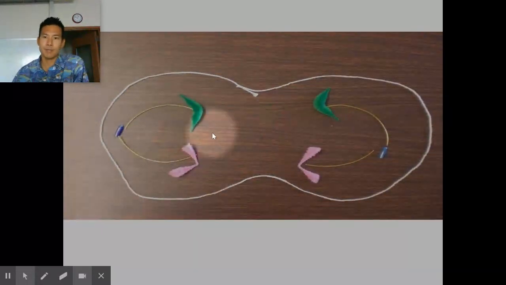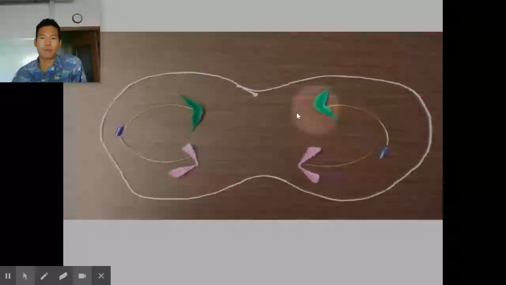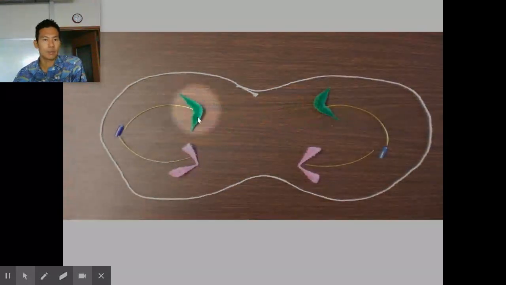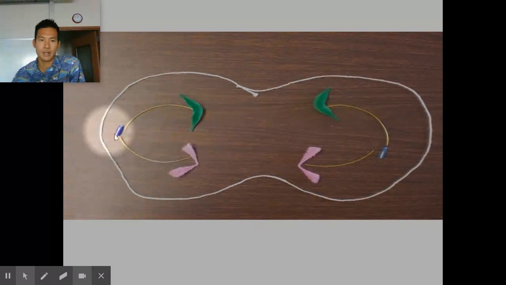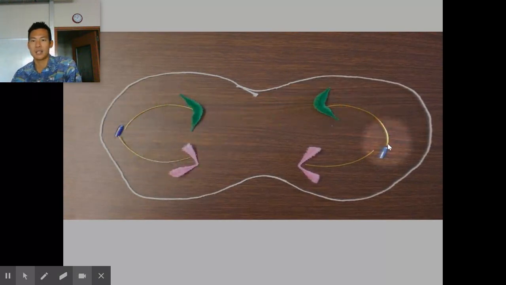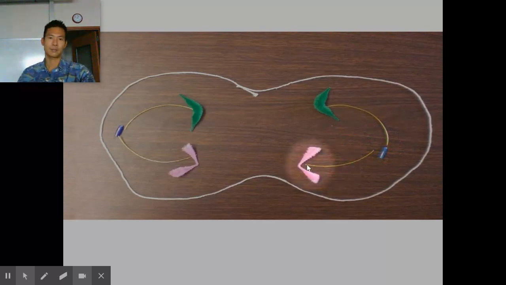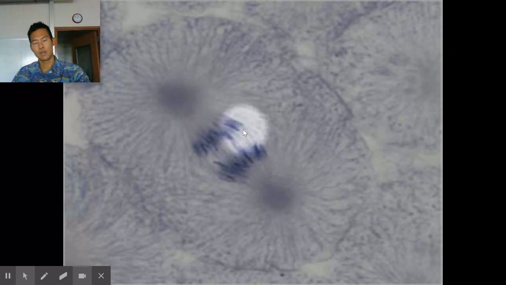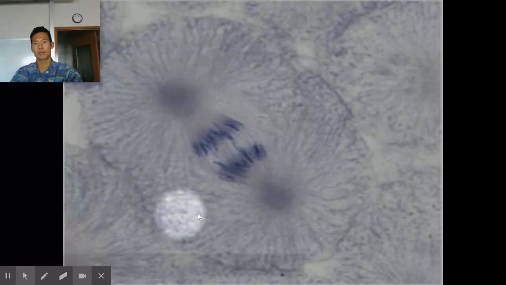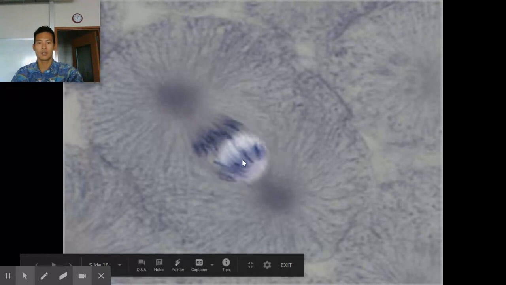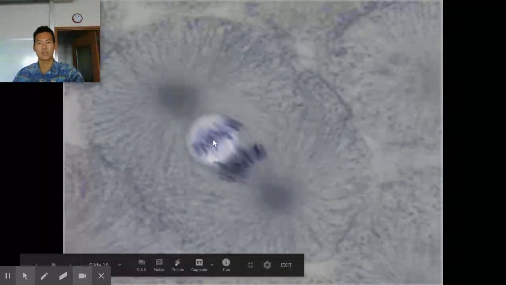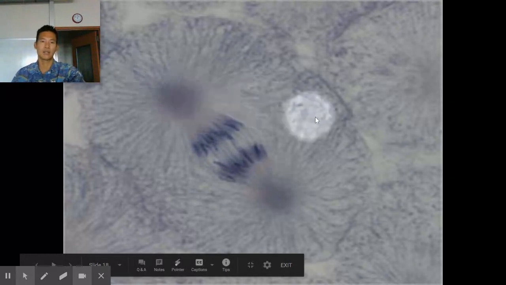Here's a little picture that I created of your anaphase. The X-shaped chromosome has been ripped apart into single bar-shaped chromosomes. It's these centrioles right here that start pulling in this spindle fiber here and here, and once they do it at the same time, they rip it apart. Here's a picture representation of a fish cell going through anaphase. These are your single chromosomes moving toward opposite ends of this still single cell.